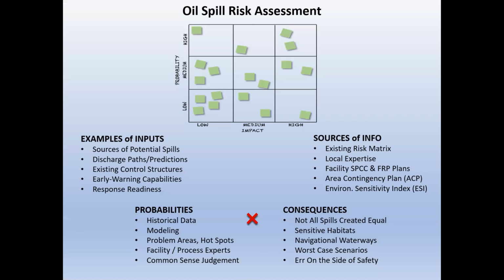In practice, I consider various inputs and sources of information and try to matricize and assess where's the best place. Usually I'm thinking about placement of our sensors, but also the general use of technology. So where could the oil come from? What's the watershed like? How does the oil reach the outside environment if it's coming from a point source? What regulations are in effect? An environmental sensitivity index is a very useful tool to assess